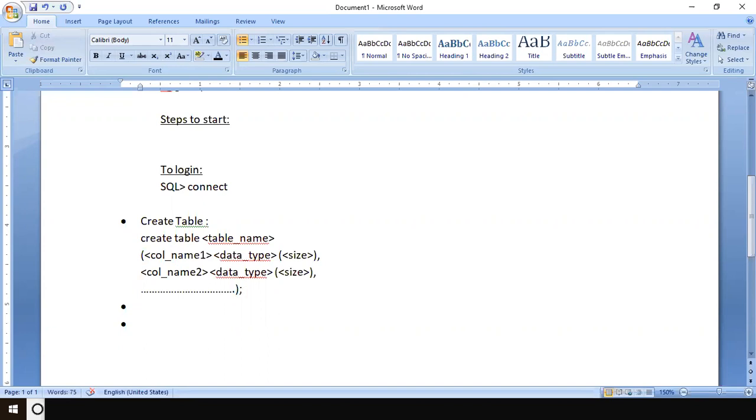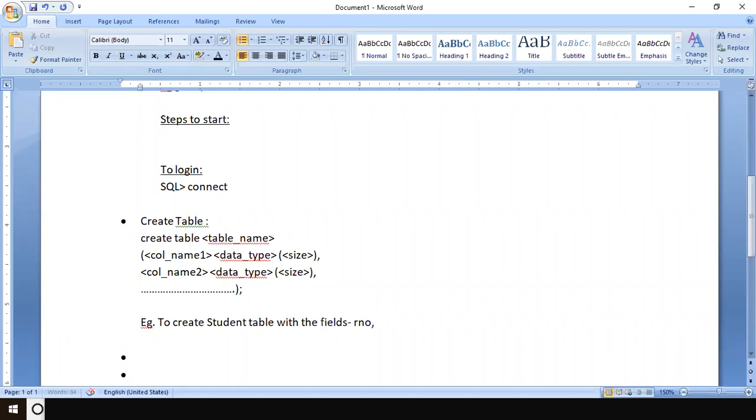Fine. Now we'll take an example to create a student table with the fields: roll number, name, DOB for date of birth, and city.